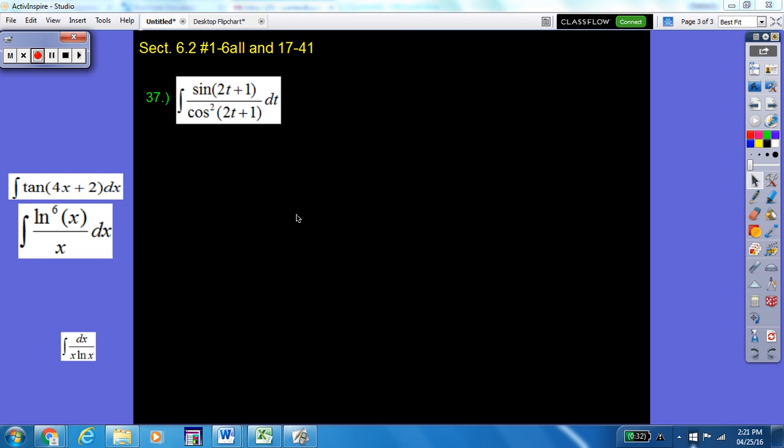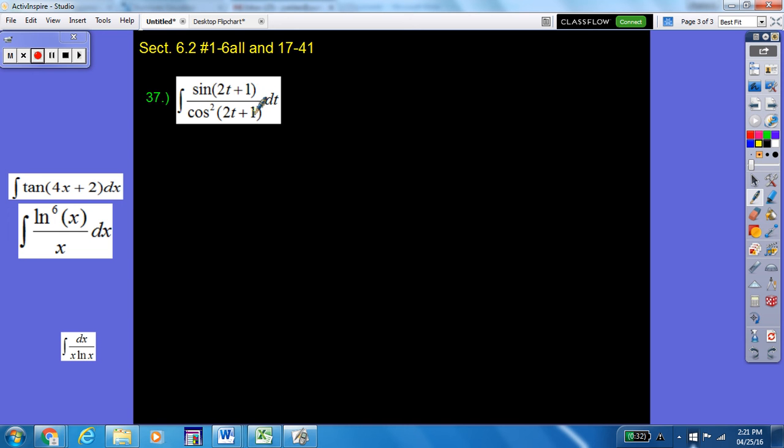Okay, so here's number 37. This one was also one that first period struggled with, so I'm thinking that probably everyone has the same questions. And this could be done through u substitution. You could let u equal cosine, and then the derivative would be sine dt, 2 times sine dt, and that